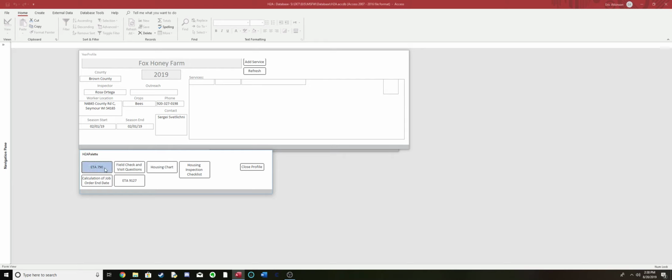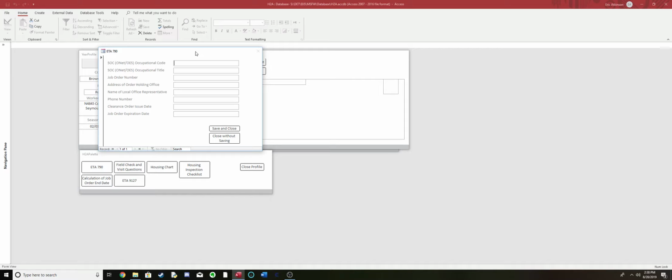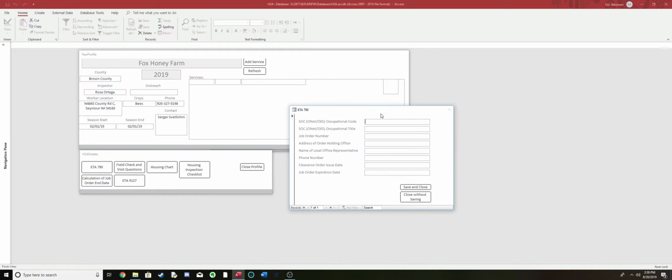So let's say that you've just received your ETA 790 and you wanted to enter that information into the database so that it can be properly stored and analyzed. So you would first go to Fox Honey Farms 2019, and then once that's brought up, you would select the ETA 790 button, and this would bring up a form specific to that. Now,